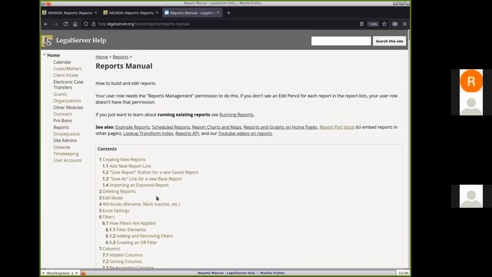So this is all the new stuff: how do I create a new report? How do I delete a report, which you can't, you'll find out. And then what are all these different links I'm going to see when I get into edit mode on a report. Also over on the reports manual is the example reports page,